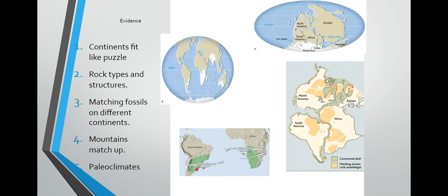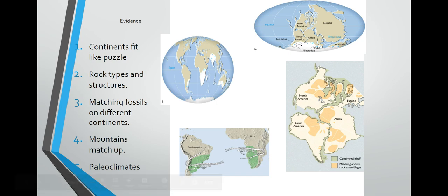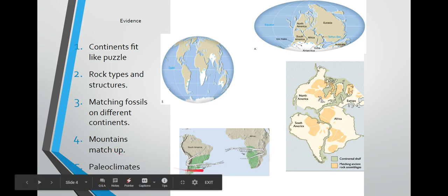Usually, places have their own animals. You wouldn't find the same animals here as you would over here unless they were together. So he's like, the rocks match up, the fossils match up. What do you think about that? And then, of course, the people all said, "You're crazy." It's like, okay. Well, what about number 4? If I put South America together and I put Africa together, not only do the rocks match up, not only do the animals match up, but